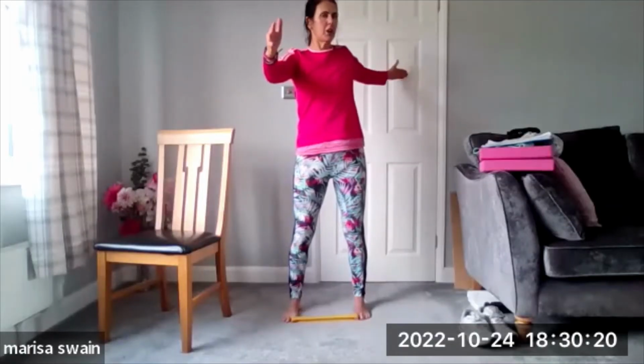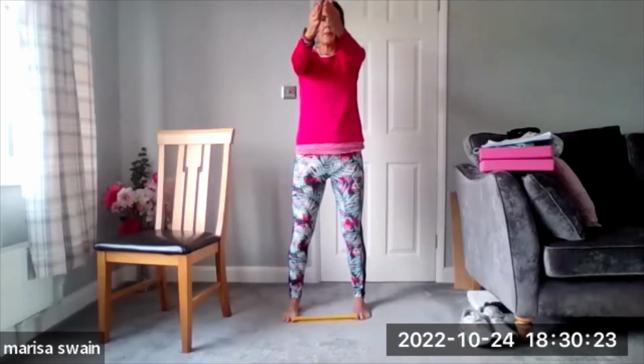Placing your hands together. And then just come into a little squat. A little squat and lift up. I'm not sure how much room you've got here. Go into a little squat. Up and then open through your right arm and then close. Coming down